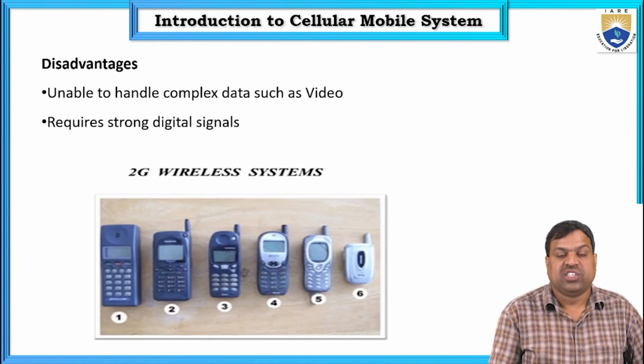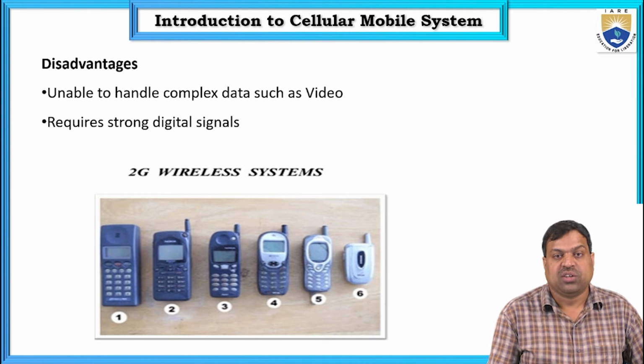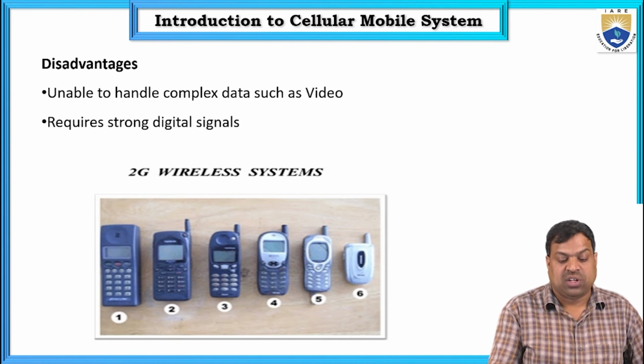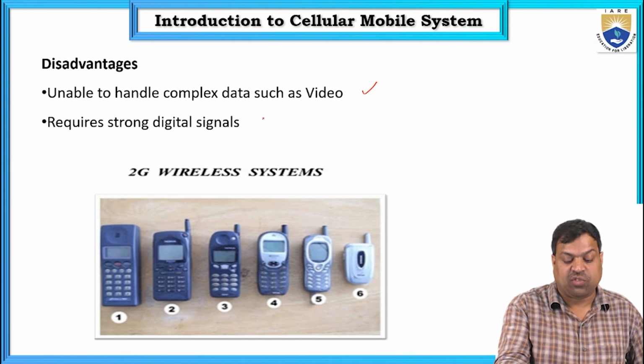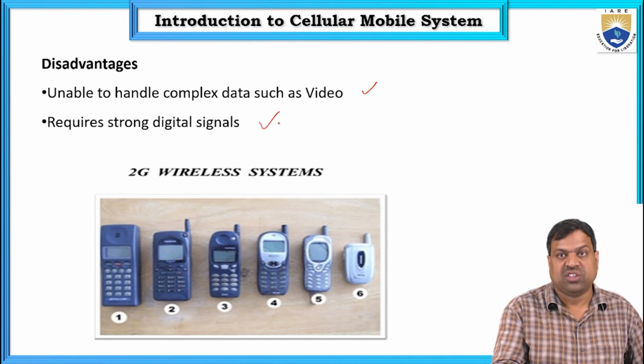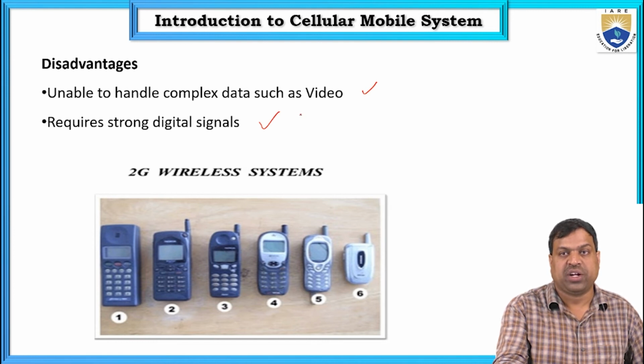So what are the disadvantages of the second generation communication system? It is unable to handle complex data such as video and requires strong digital signals. Why? Because it is not completely analog, and it is not completely digital, but the digital signal is not completely strong and is unable to handle complex data such as videos. Only pictures,